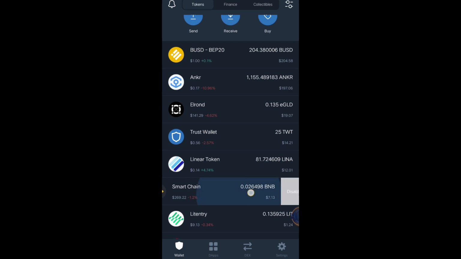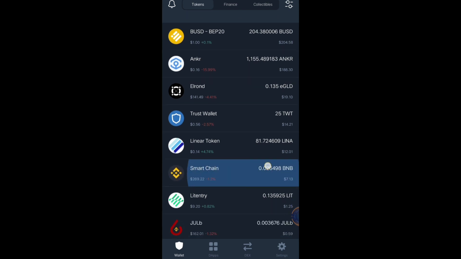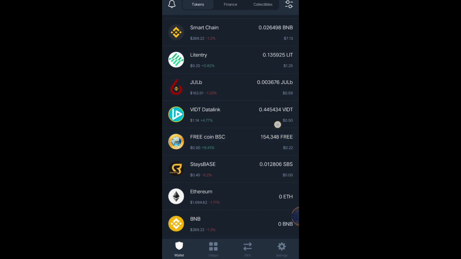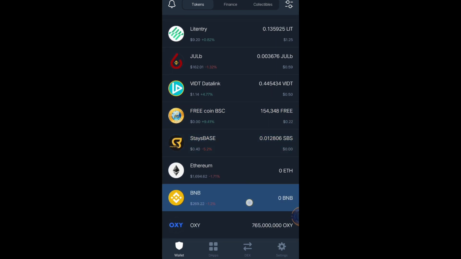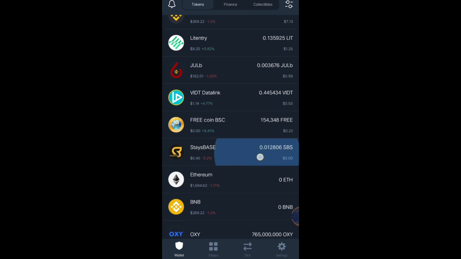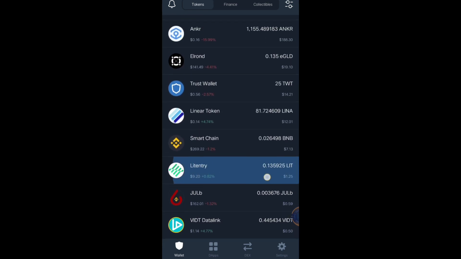We will wait for the fund here. The $9 fund will be added here, not there, because that's not the BNB Smart Chain network. It's BEP2. We're waiting for the fund here